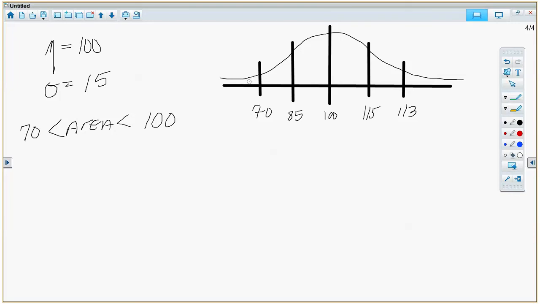You could do it by the empirical rule, but the empirical rule is not accurate enough. And it may come out the same, it may not. But you've got to take this area, which is 100,